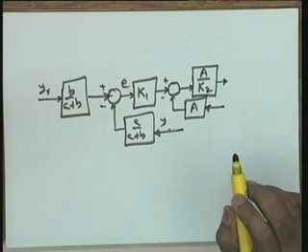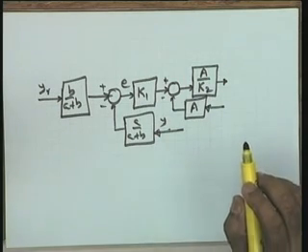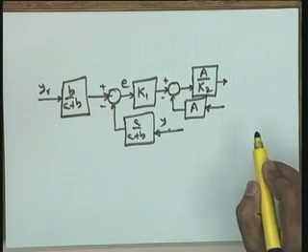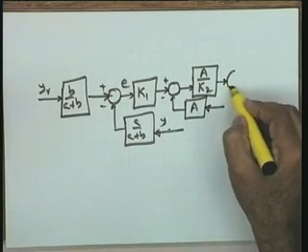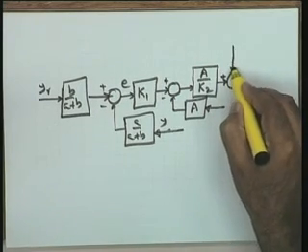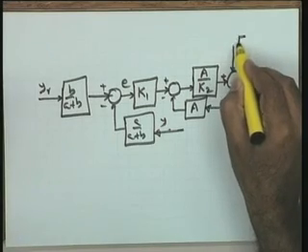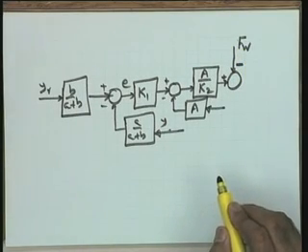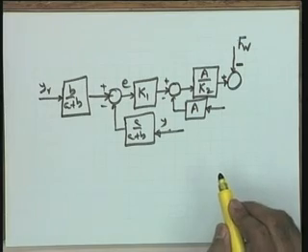Look at the equations you might have written in your notes. If I have a block over here, A over K2, this gives me the force variable. Here I can have a disturbance variable at this point, Fw. This is the net force which is being used to move the inertia against the viscous friction.